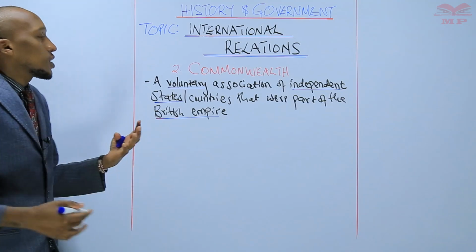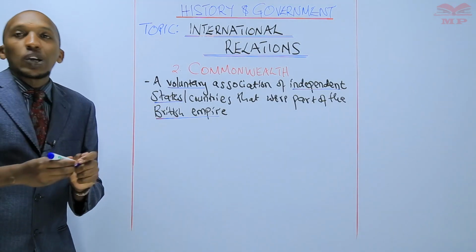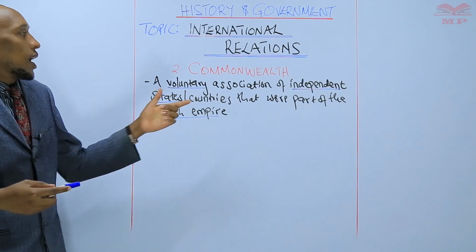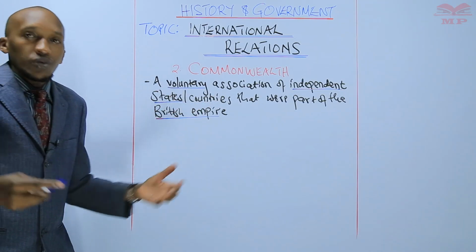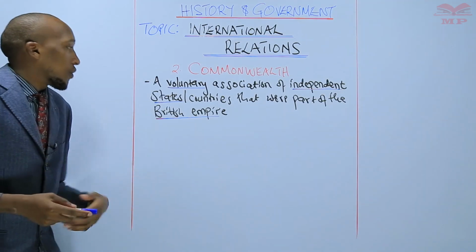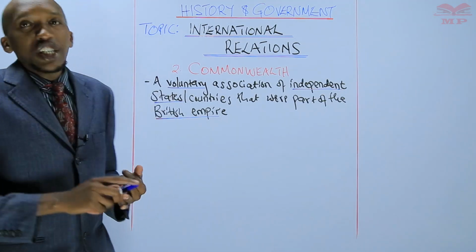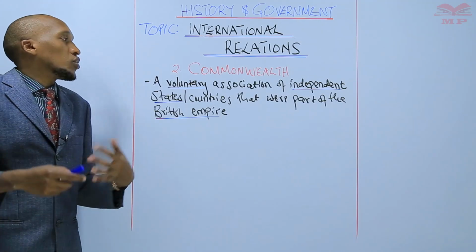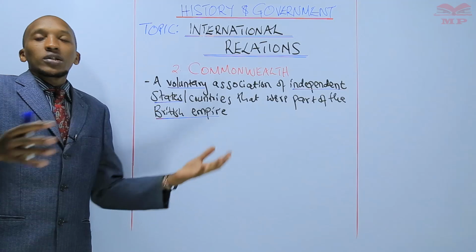So they associate on a voluntary basis. They are not coerced or forced to belong to that organization. So they are independent states that have come together, that were part of the British Empire. Either they were colonies or they were dominions. So when you talk of dominion, during the time of colonization, the pre-colonization period, the British Empire